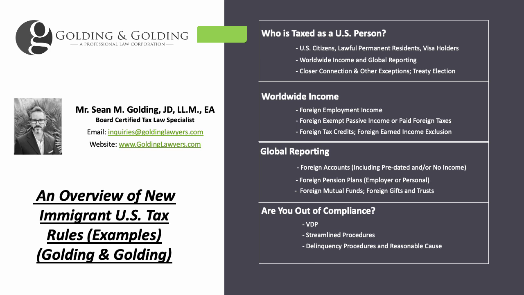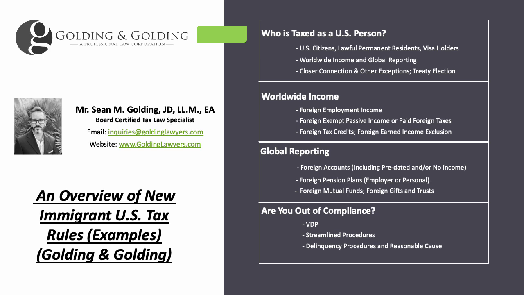The US doesn't work that way. The tax code is ginormous, it's always changing. The rules are in flux half the time. There's regulations, there's proposed regulations, there's notices, there's announcements. The IRS changes things, they don't tell you, etc., etc. So let's just kind of walk through the basics of you come to the US or you otherwise obtain US person status and you're subject to taxes and what happens next, right?